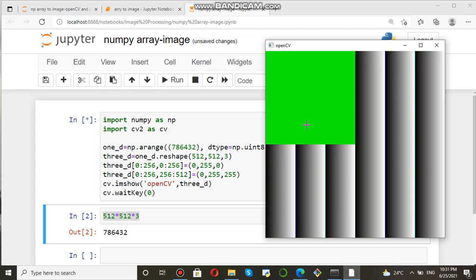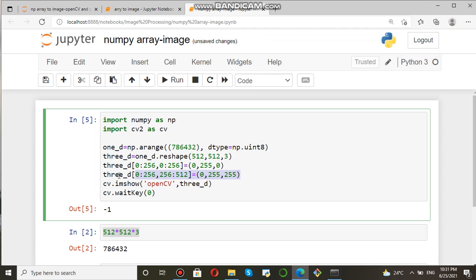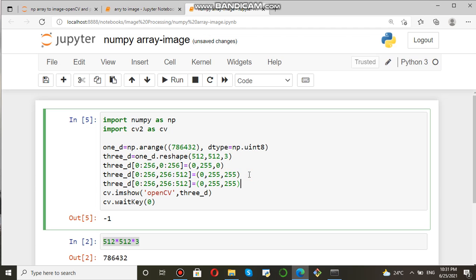Okay, then you can see this color is given. Similarly, like that, 0 to 256 we have taken. Now here you take 256 to 512. Just we are putting color on this 3D.